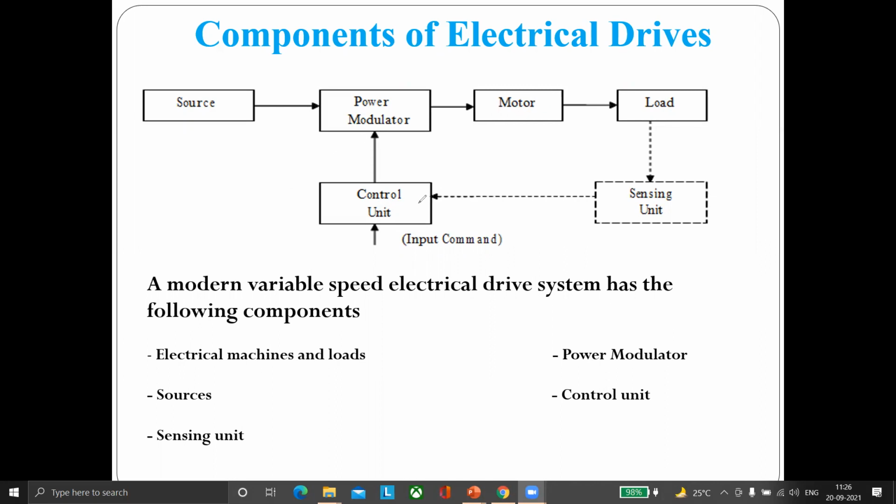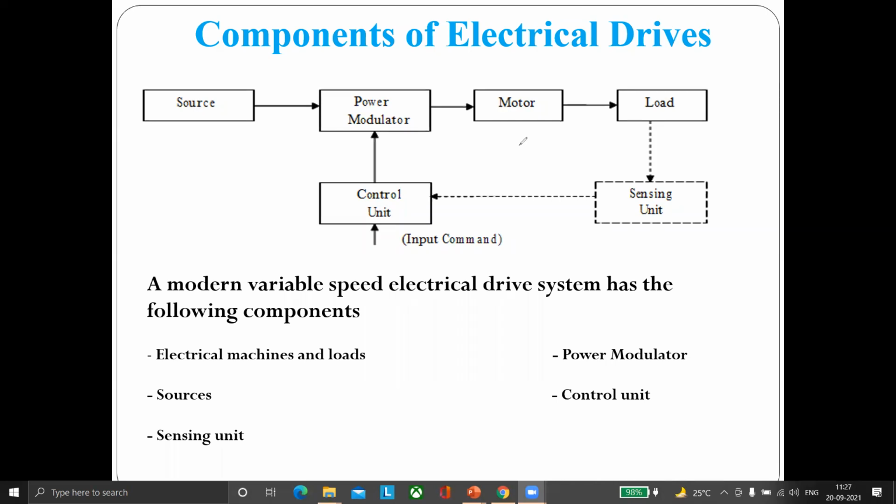So now we can also give the definition of the electrical drive in another way. The definition of the electrical drive is nothing but: the drive which is employed with the electrical motor is called an electrical drive. Is it right or not? The drives employed with the electrical motors are called electrical drives.